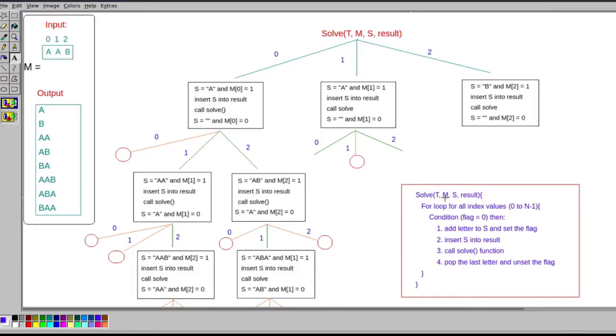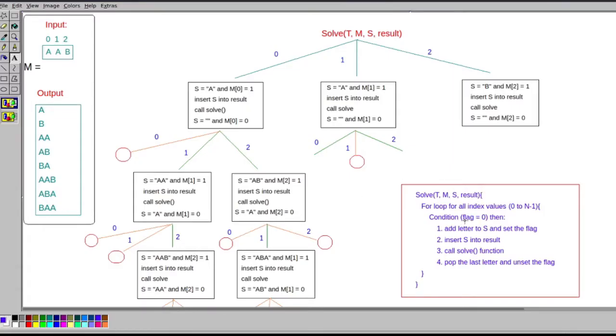M is my flag. It is a map variable, but we will use it as a flag, so it will tell me if the alphabet is already taken or not. S is a string which will tell me the current string, and result is this output. Result is a set of strings.